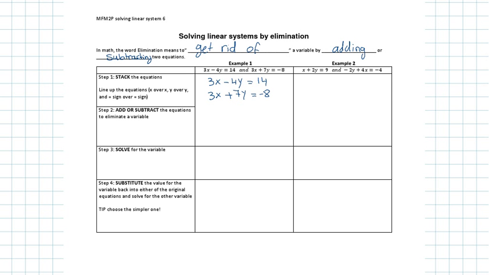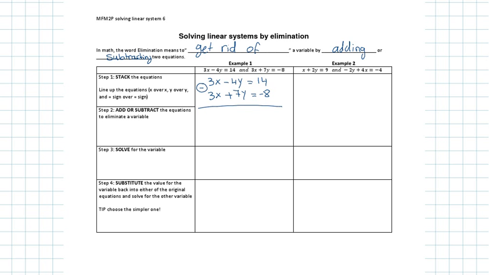Good. Now looking at these 2 equations, I have to either add them or subtract them to get rid of one of the letters. Now looking at the letters, which 2 have the same coefficient, which means the number in front of them? The x, right? You see that this is a 3x and a 3x, right? Since they have the same coefficient, I can eliminate them. By doing what? If I add them or subtract them? Subtract, right? If I do 3x minus 3x, I get 0, right? That's the whole point. So in this case, I have to subtract,